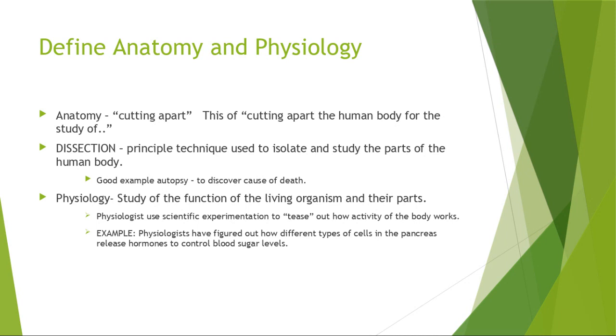Dissection is the technique used to isolate the parts of the human body. And again, the good example that I can give you is an autopsy, depending upon what they think the cause of death is, or scientific study. If it is some type of malignancy or some type of disease that's unknown to us, there might be an autopsy done for that. Right now we're in a pandemic, and I'm sure that some of the death rate that we have are receiving autopsies, because that's how our scientists determine more and more information to put forward for more and more useful